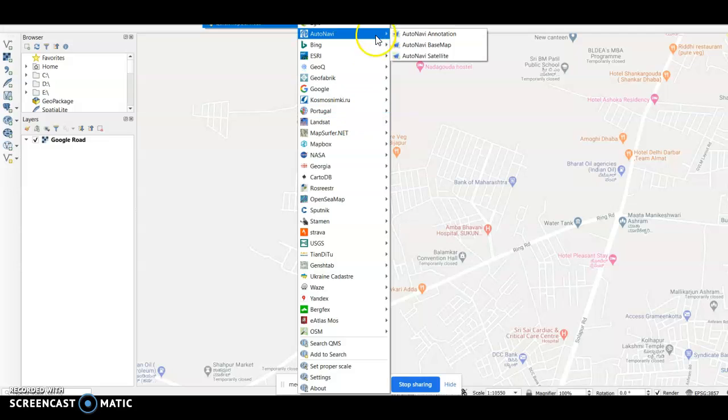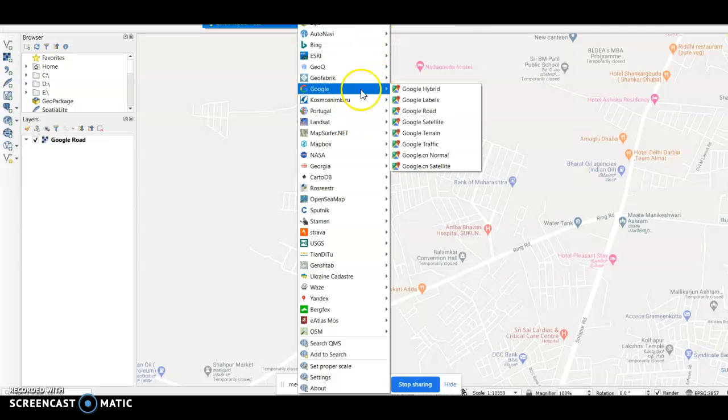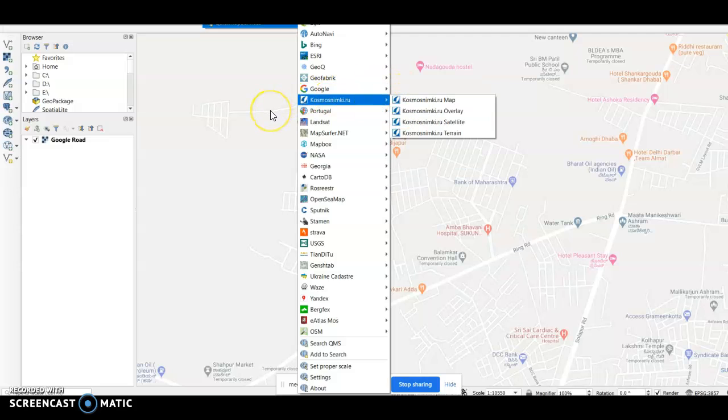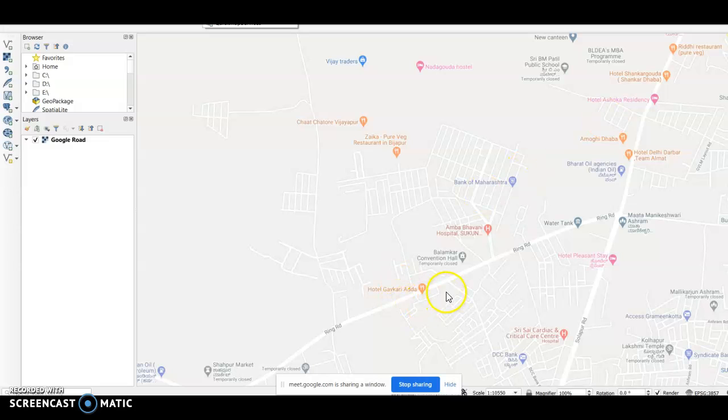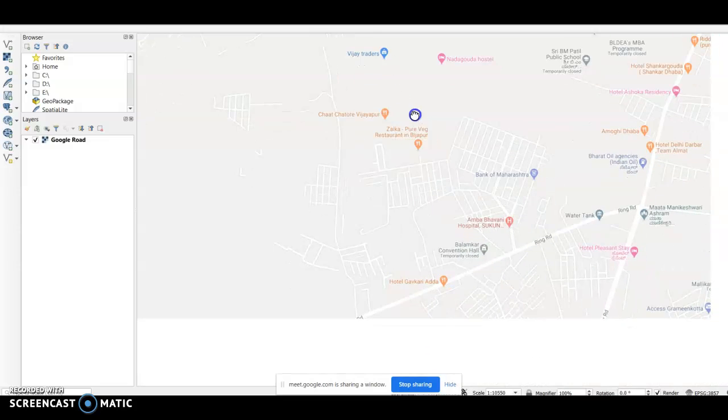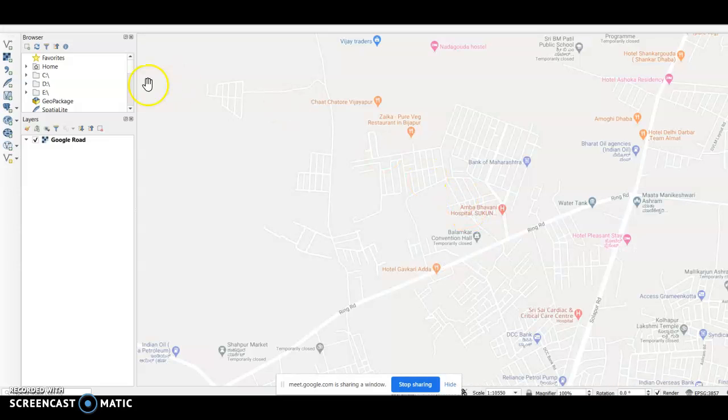These are all providing maps themselves, but I have chosen the Google map for you because it is relevant, since you have used such kinds of maps earlier also. You have such a service on your mobile also, so that's why I used it. So in that Google I have selected Google Roads. Is this clear? Once you are done with this, we need to create a map of this Sukun layout. I have just zoomed into that area, then I have reached this point.